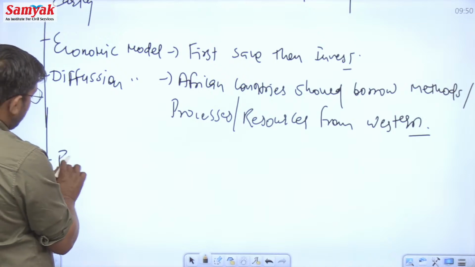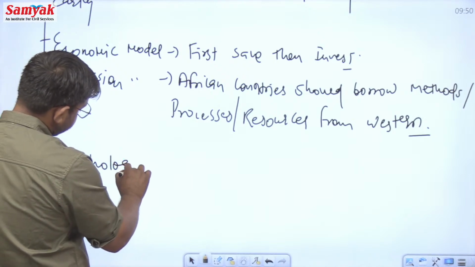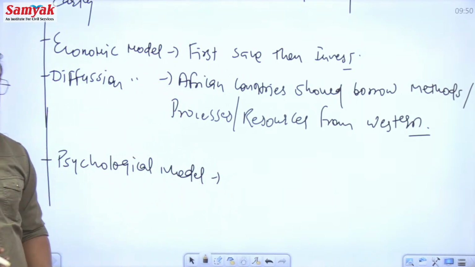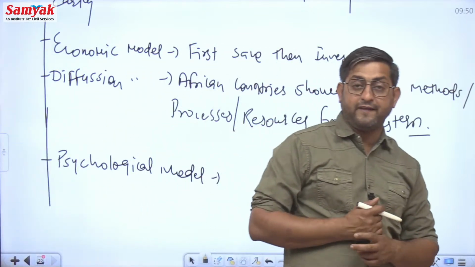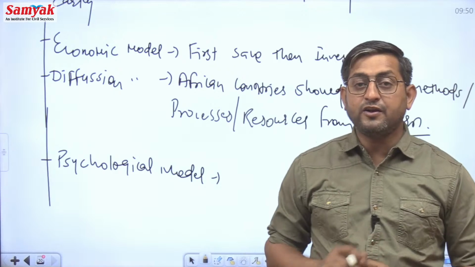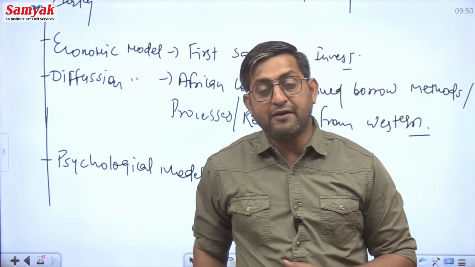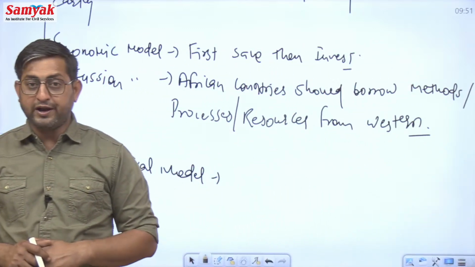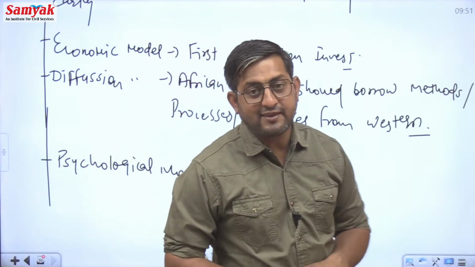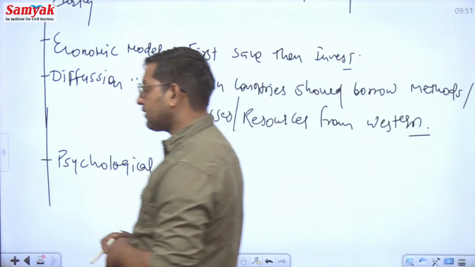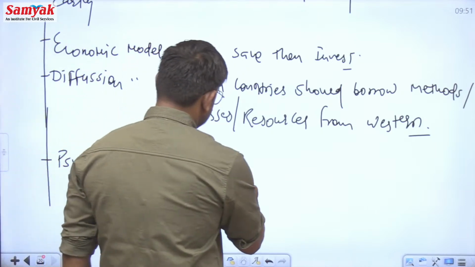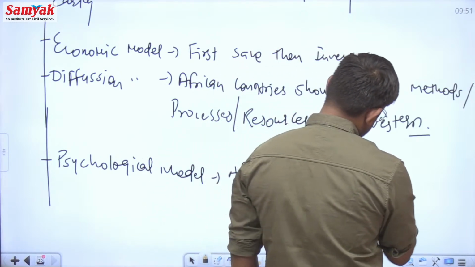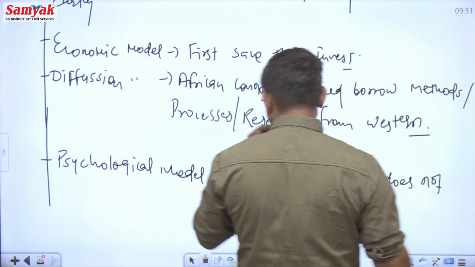Similarly, there was a psychological model. Now, the psychological model was an attempt to create an inferiority feeling in the Africans and superiority of the Europeans. The same thing has happened with every country which was earlier a colony of the European powers. When they moved out, they tried to create the feeling of superiority. The same attempt was made with the African countries. So the psychological model says that the African population does not have required psychological traits